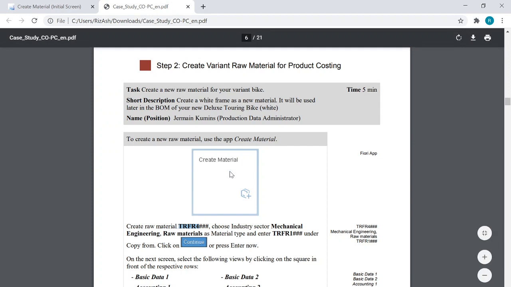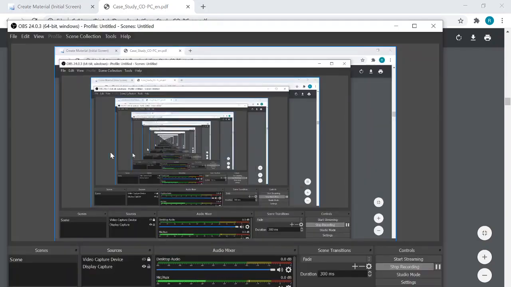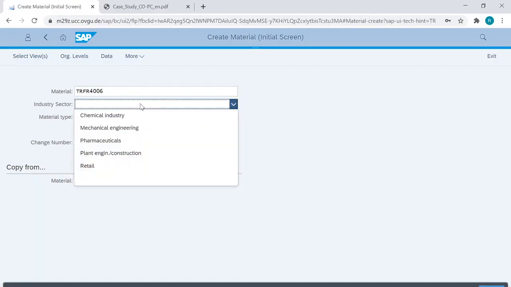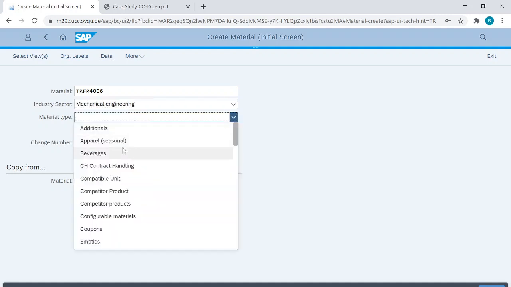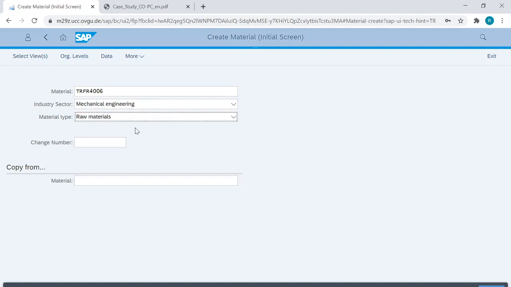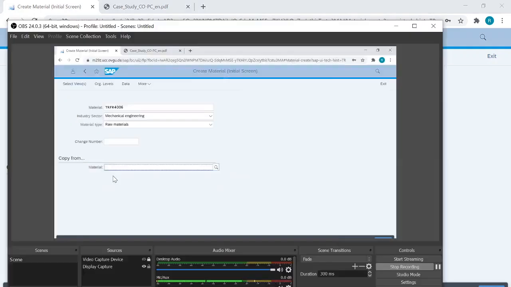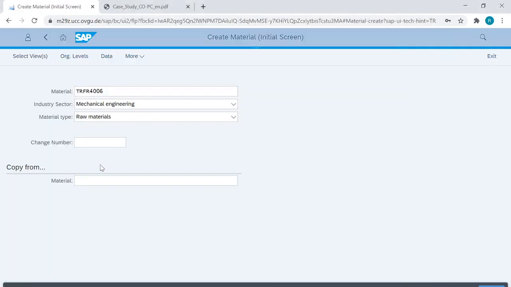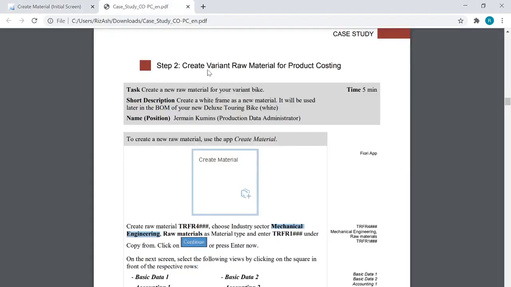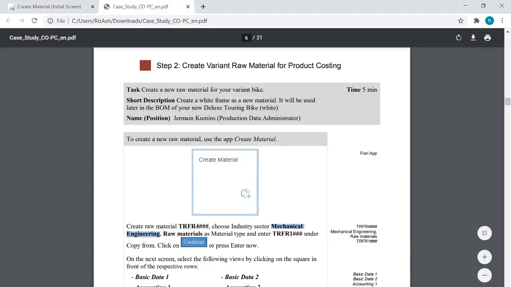Now moving ahead, we need to choose industry as manufacturing and mechanical engineering, and material type as raw material. And we are now copying it from that black part, that is the black frame of the bike.